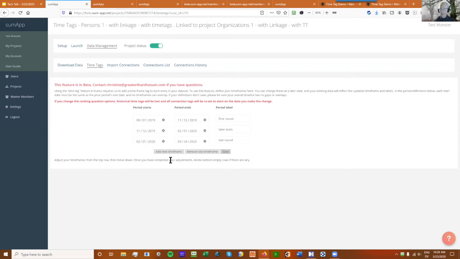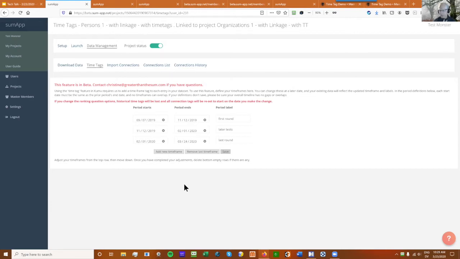I'm going to make a comment. When you create your time tags and then you go to your map and you refresh and you want to see the data in there, it won't show up because sumApp caches data for 7 hours. So if you want to have the data show up right away after you create these, you have to go to your connection table, the connection tab in sumApp, and create a connection, and then either just delete it. You just have to do something that refreshes the cache so that the data will show up right away. Otherwise, it won't show up for 7 hours.